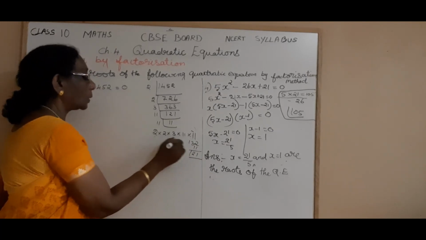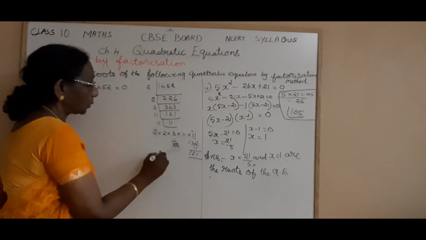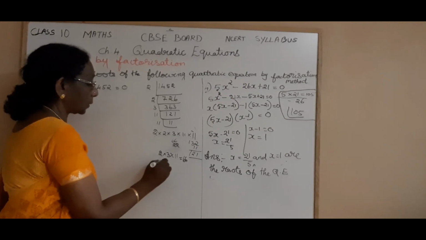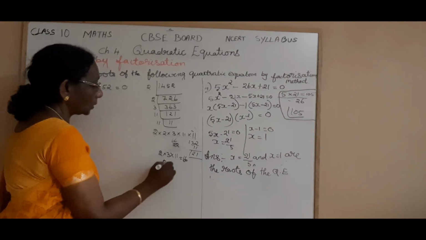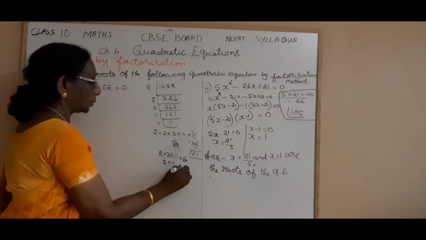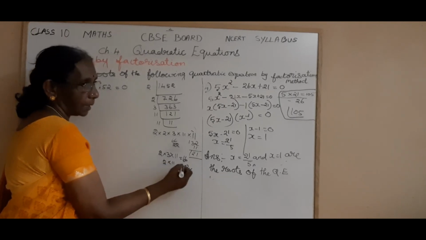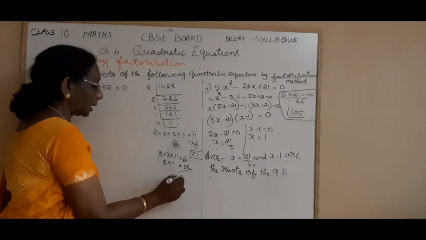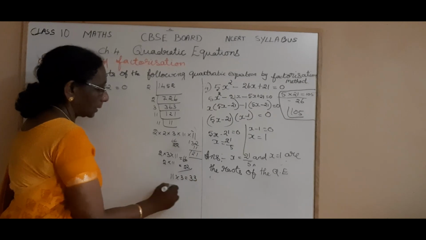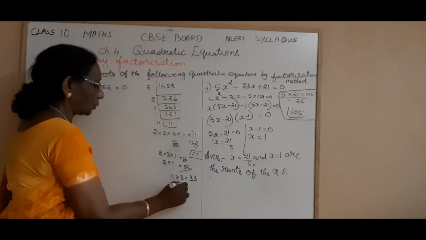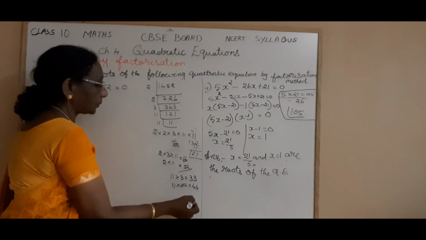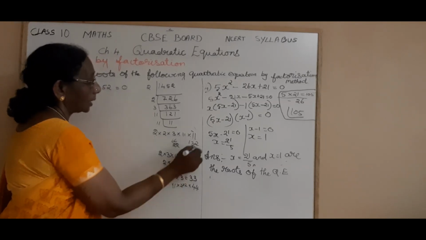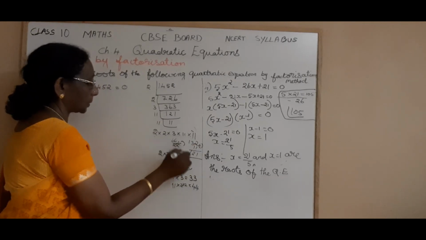Isn't it? Now you group in another way. What? 2 into 3 into 11, you are getting 66. Next, another 2, 2 into 11, 22. Then you are getting a multiple of 11, but you are not getting 11. So we will move to the other one. 11 into 3, 33. 11 into 2 into 2, 44. So 44 minus 33 is 11.